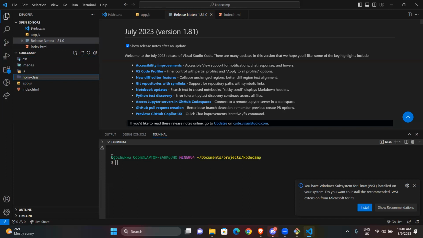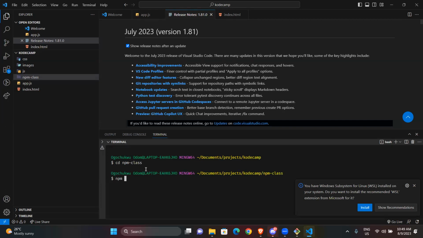All right, so I need to switch directory. I'll just do cd. Remember that this is pointing to KodeCamp, but I want to switch into this npm class. So I'll just say cd npm class. So I'm inside npm class now.